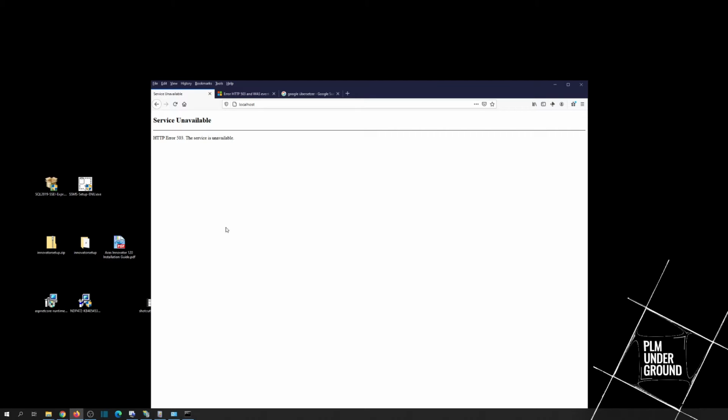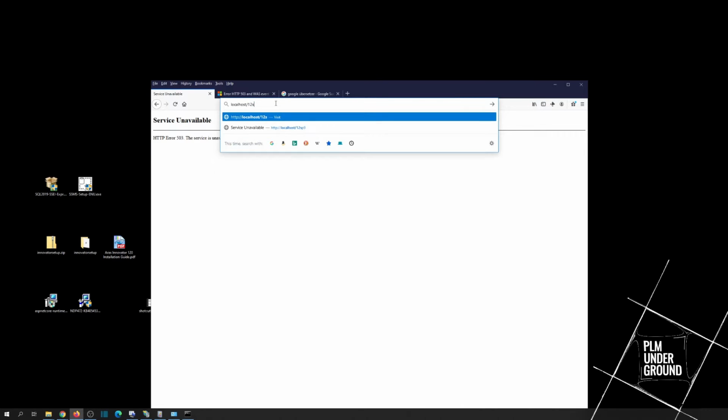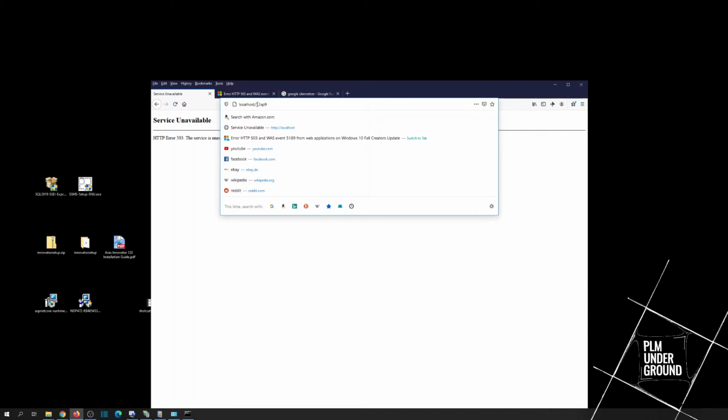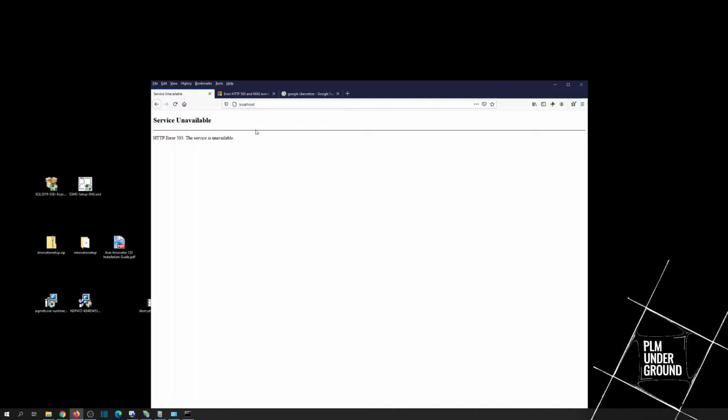But I want to do some first tests of my live instance first. So let's see if we can access our Innovator. If I click my address, of course, I get an error message. This time it's HTTP error 503, service is not available. And let's immediately make a second test if our localhost works at all. And as you can see here, not even my IIS starting page appears, so we definitely have some kind of problem with IIS and not necessarily with Innovator.